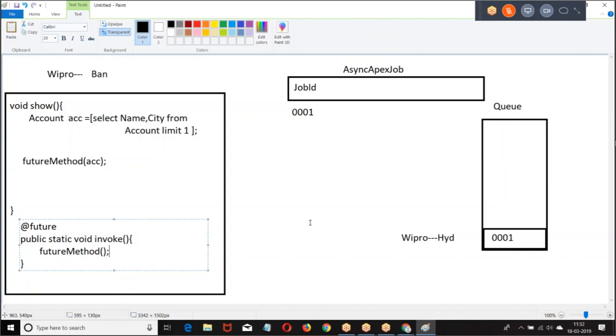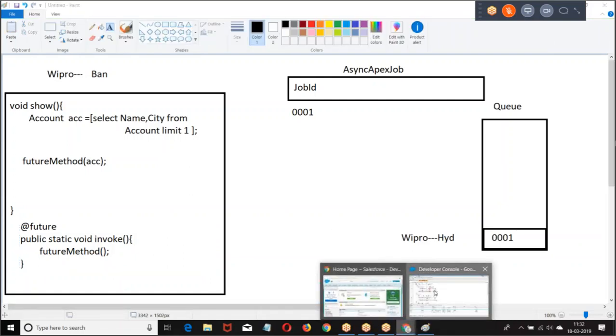While implementing this, with the @future annotation, the method has to be static. The return type should be void. The method can accept any primitive data members except S objects. S objects are not accepted because the asynchronous operations will not be executed immediately. They'll be added to the queue, and from the queue they are going to be executed. So I am not sure when they are going to be executed because they are in the queue. I hope you are good. Clear for everyone?